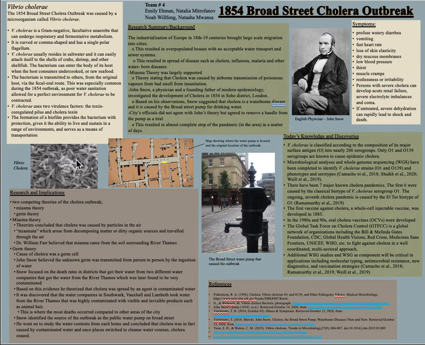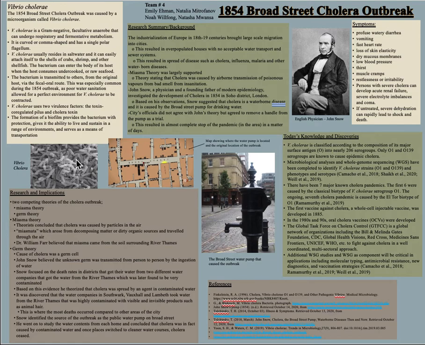It uses two virulence factors, the toxin coregulated pilus and cholera toxin, and forms a biofilm that provides the bacteria with protection, giving its ability to live and sustain in a range of environments, and serves as a means of